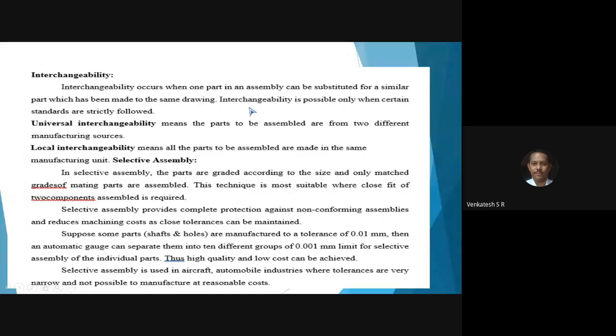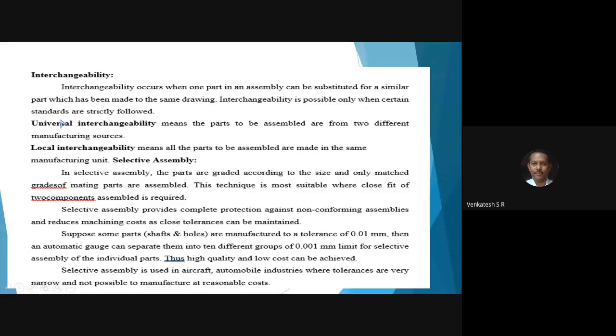You will get all the components in America. If they follow the international standard dimension for manufacturing, then they get the requirement of the component throughout the world. So that is known as